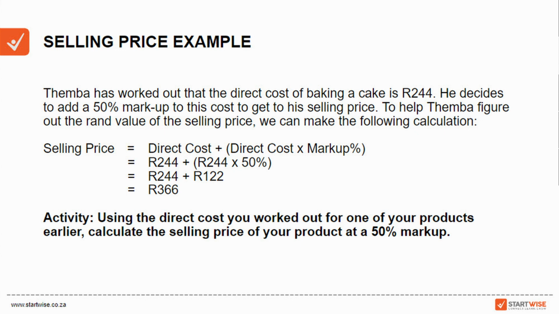Bear in mind that that 50% markup needs to cover his indirect costs, and it also needs to cover the profit that he's looking to make. So I'm going to ask you to do this calculation now. You can calculate the selling price of just one of your products at a 50% markup, but you're welcome to play around with it and use any percentage you like. Or perhaps you want to do different calculations, so maybe you want to calculate the selling price at a 25% markup, a 50% markup, and a 75% markup,